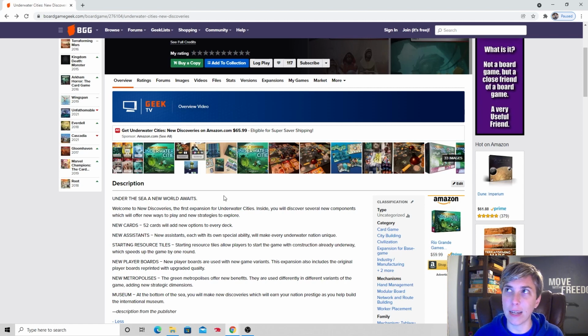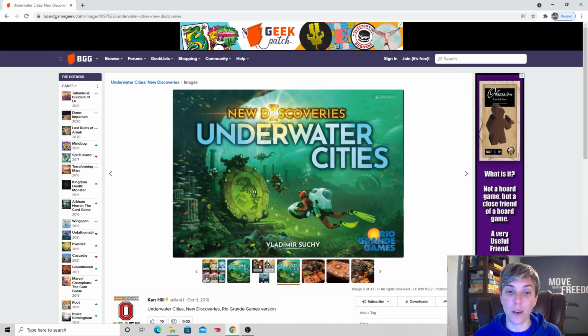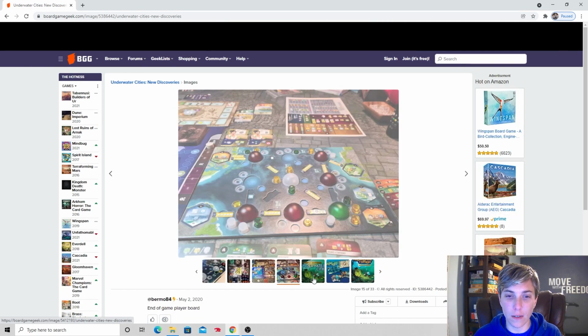I think he ended up buying it after we played it. So I definitely know I can get him to play this expansion with me. So that is New Discoveries, Underwater Cities. Is there any other... What's this? Those look like upgraded pieces, not part of the...